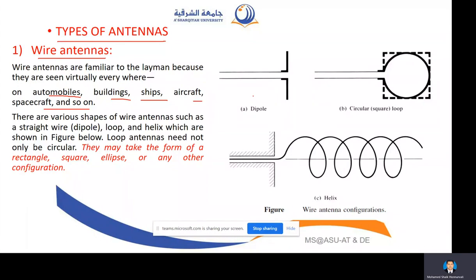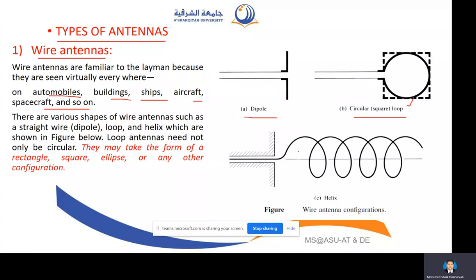So how does the wire antenna look like? Or what are the types of wire antennas? For example, dipole antenna, that is a wire whose center is fed by the source. This is a dipole antenna. In yesterday's class we have seen. This is called circular antenna. Circular in the sense, instead of a straight line here, you will have the wire in the form of a circle. So is it necessary to always have a circle to generate the radiation? No, it's not necessary. But it is a type of such variant.